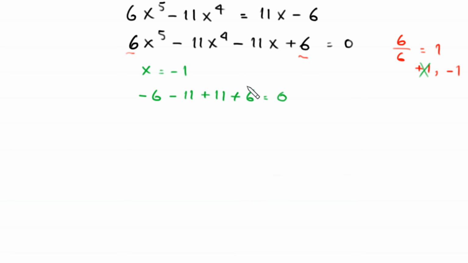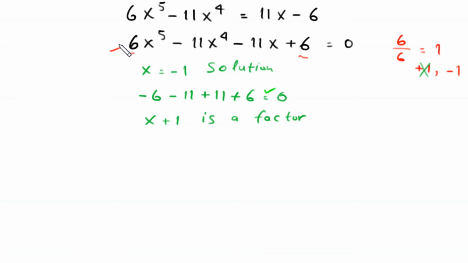This is true, which means that x equal to negative 1 is a solution of this